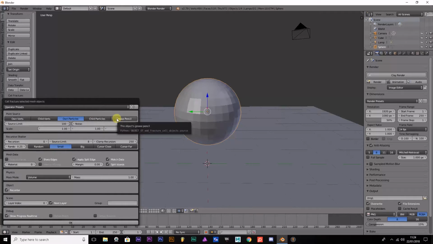Grease pencil is a very handy tool if you want to create something like a bullet penetrating through glass. It's more handy when you want to create a kind of fracture effect on an object, especially with glass. If you threw a brick through a glass window, I've never done it personally, but just as an example, if you just threw a brick through a glass window, you get the